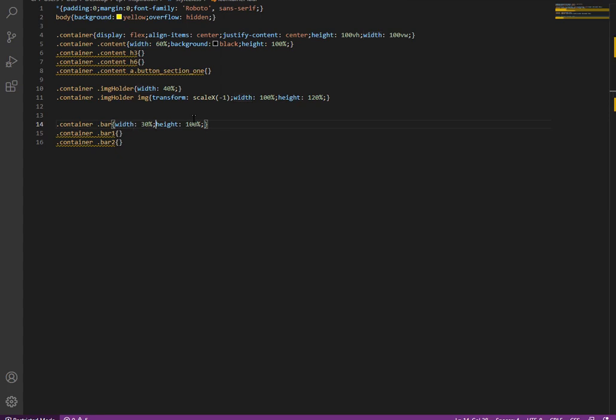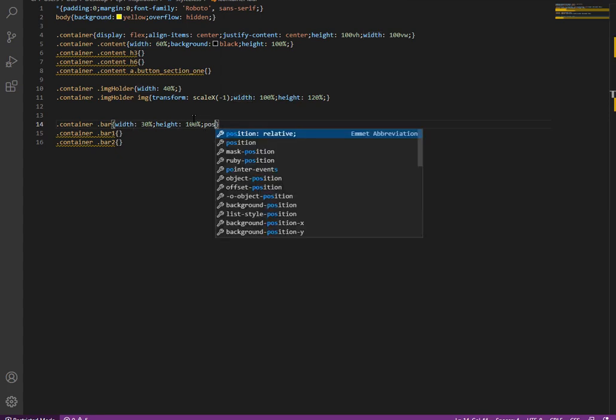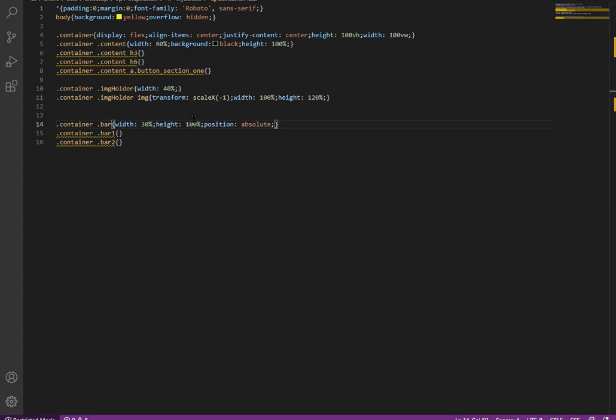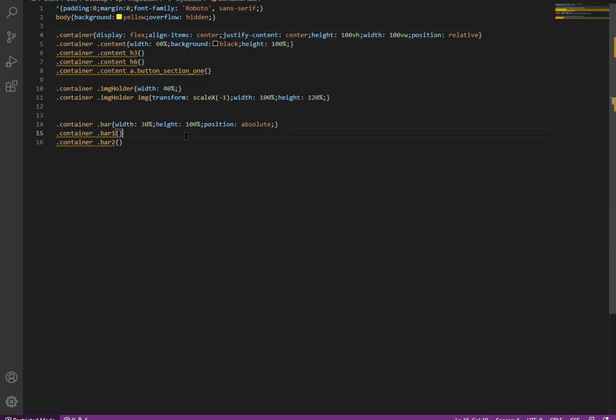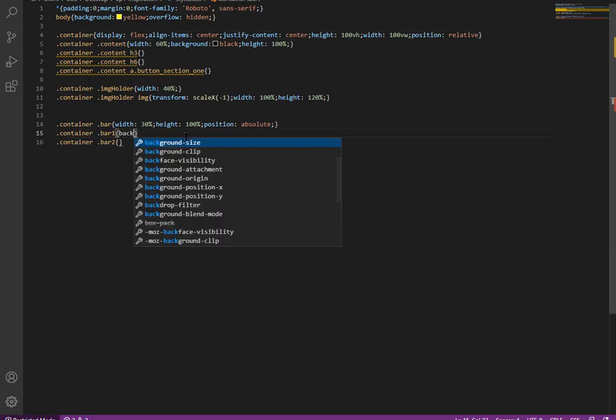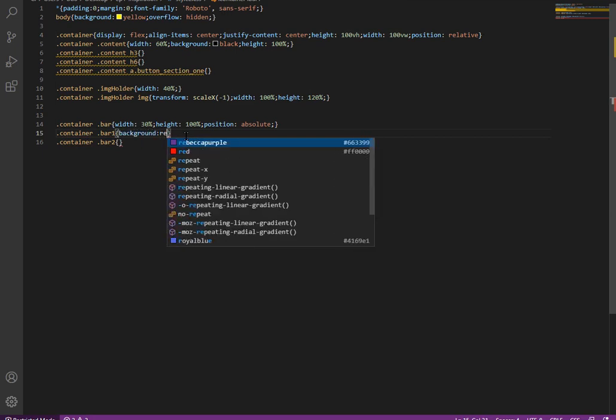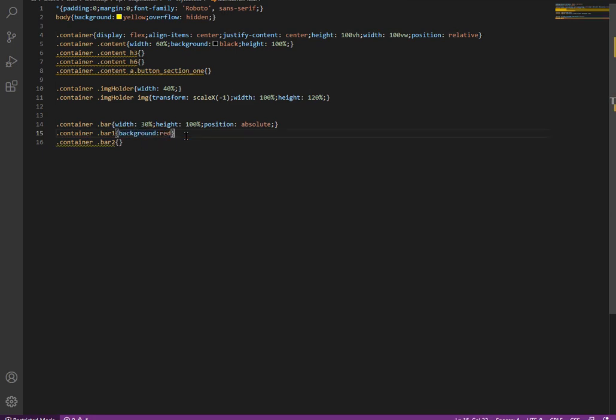And I want to make this stand out, so position absolute. When you are giving position absolute, the container should have position relative. So the container here is container, so let's give position relative to the container. Cool. Now you can give color, background red for this guy, and for this guy green,